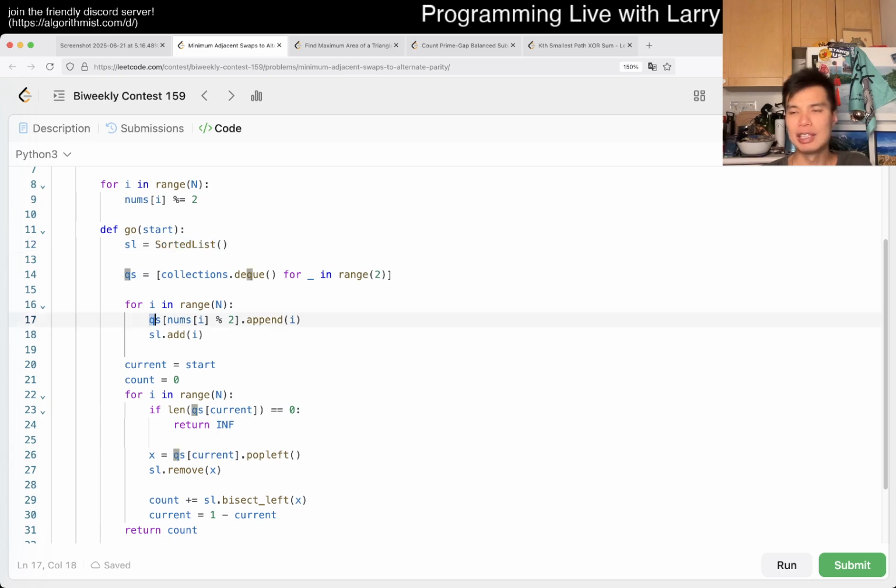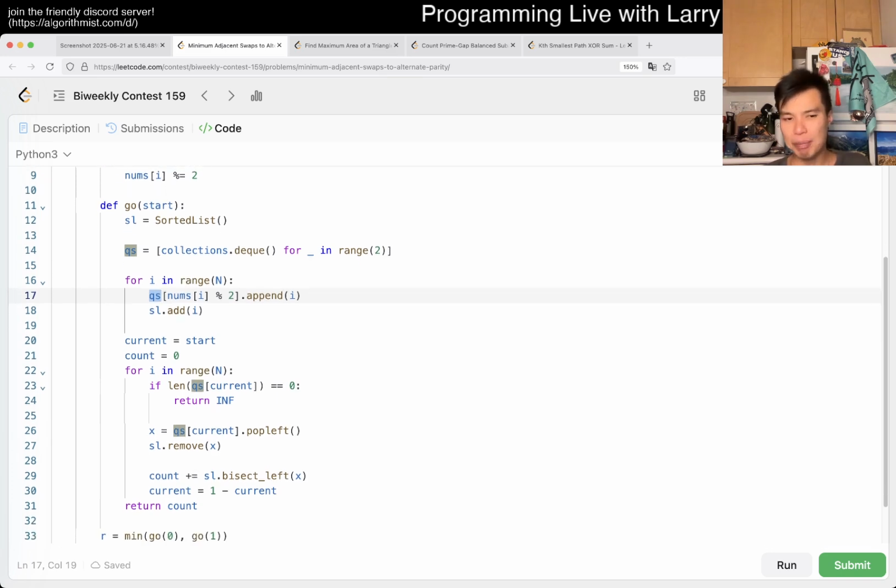I also use queues to kind of keep track of where the next 0 and next 1 is. And that's it. It's a lot of bookkeeping, and maybe this is more of an implementation detail. But the way that I thought about it is I ask myself every part of the way, okay, what do I need? And that's how I end up with a sorted list. I have 2 queues, one for odd and one for even, and this allows me to get the minimum element that is either 0 or 1, right? Odd or even min,